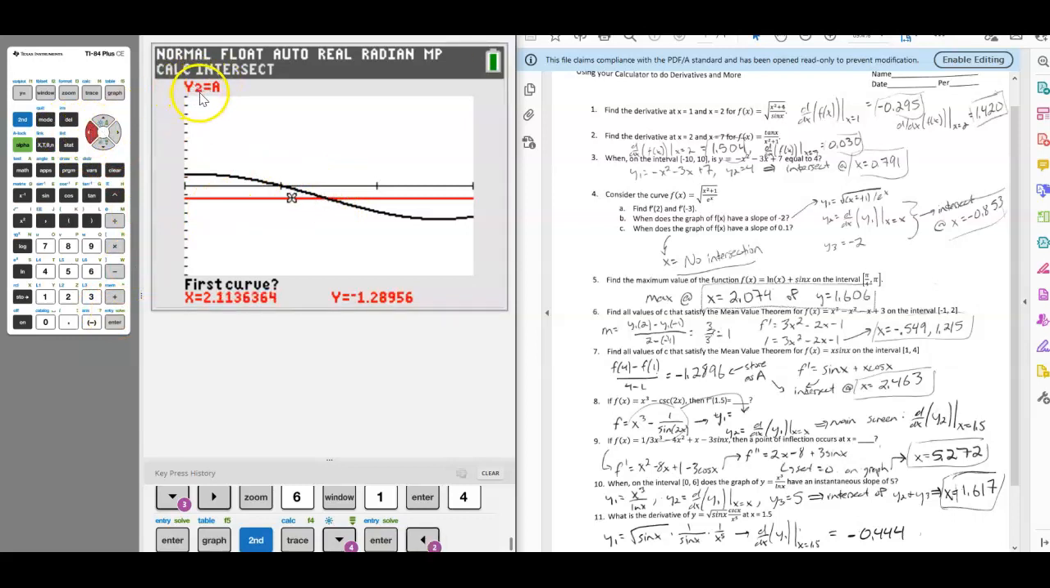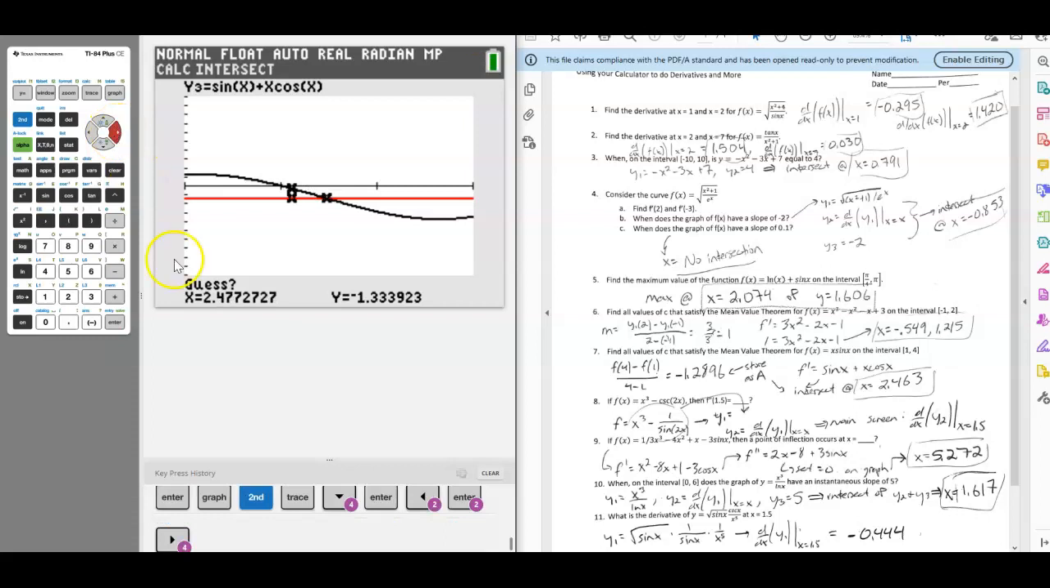All right, so I'm on y2 equals a. For me, it's my red one. And then it pops up to y3. You can see that it highlights it. And then it asks me for a guess, so I'm going to scroll back so I'm nice and close there and hit enter. And then boom, it gives me